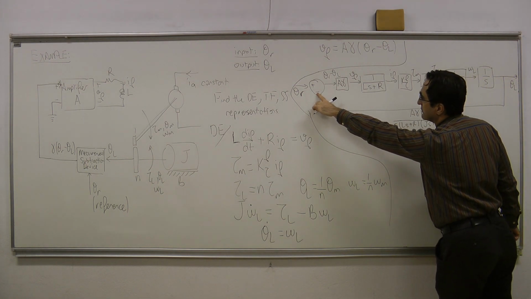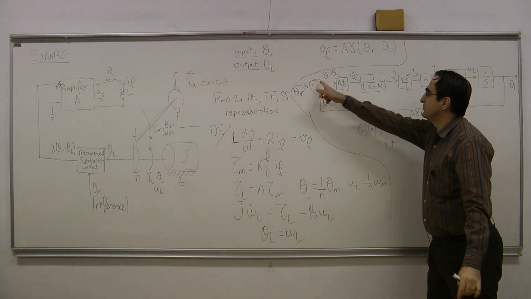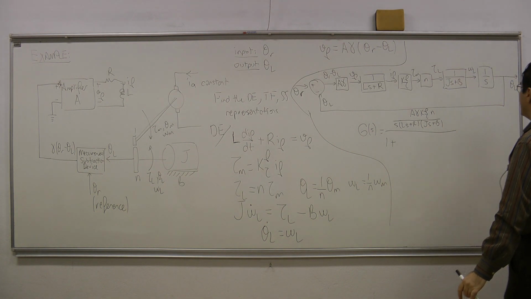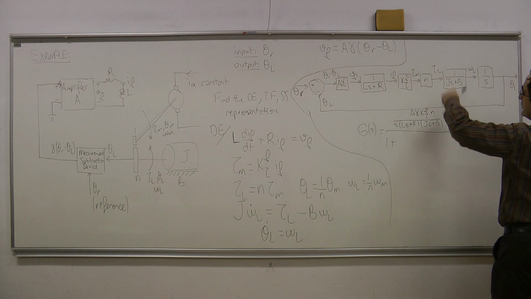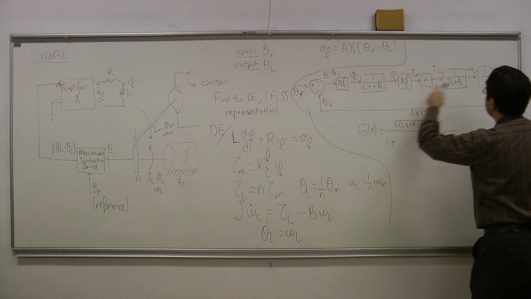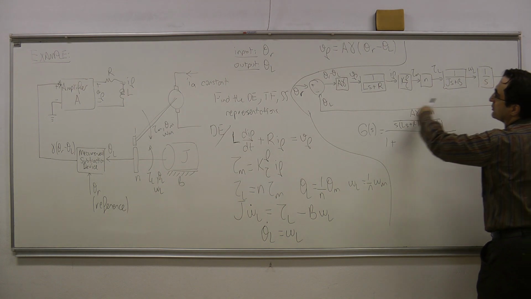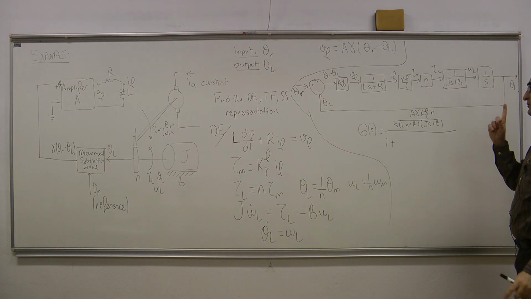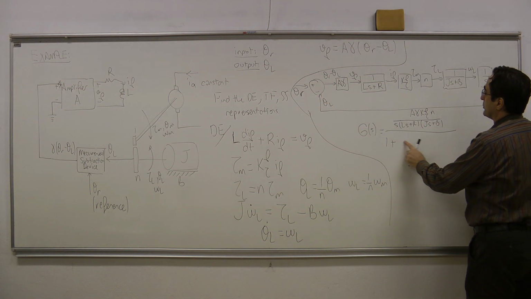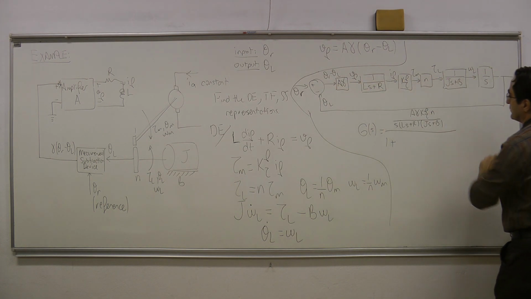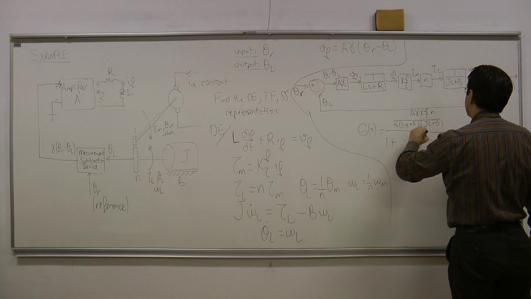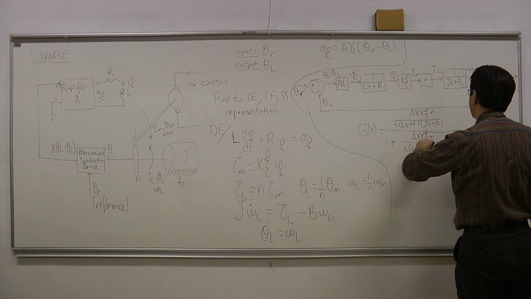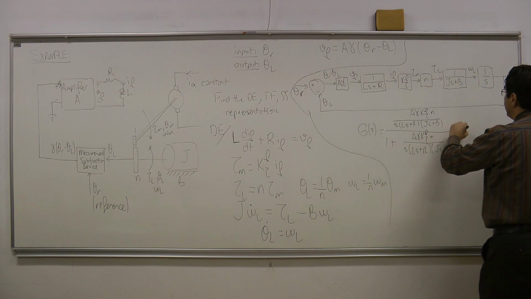Okay? This is everything in the forward path transfer function, multiplication of all of these blocks, divided by 1 plus, this plus is because of the negative feedback, and if I had a positive feedback here, if this minus sign was plus, then I would put a minus sign here. And this is going to be 1 plus everything in the loop. But we see that the transfer function in the feedback path is just 1. There is no block in the feedback path, which means that the transfer function from here to here in the feedback path is just 1. Which means that everything in the loop is just going to be equal to the forward path transfer function once more. So I have A gamma K tau F N divided by S Ls plus R Js plus B,